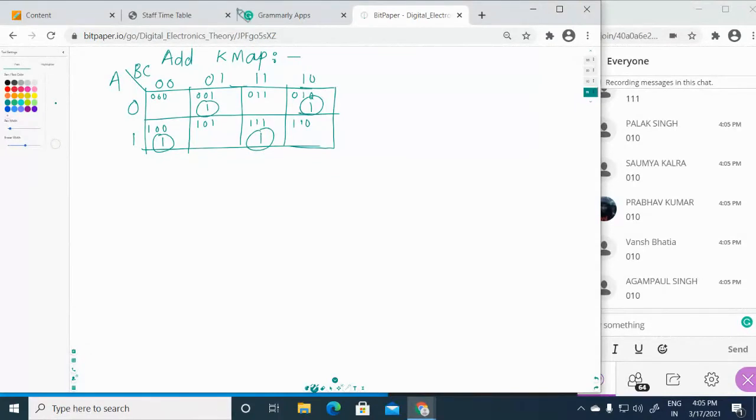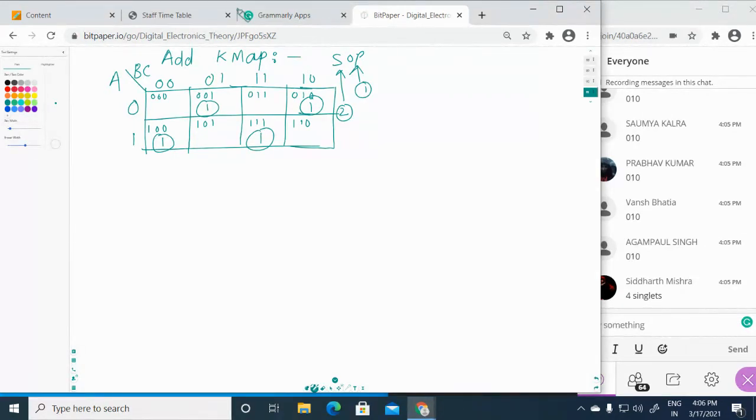All the min terms are individual, so all 4 are single. There is no loop here, so we use the single bit. Where the 0 is changing, we will not consider that. There is no change here, so we have to consider all the values. You are using SOP, so you will perform the product first, then the sum. This is the second step. So what is the product here?